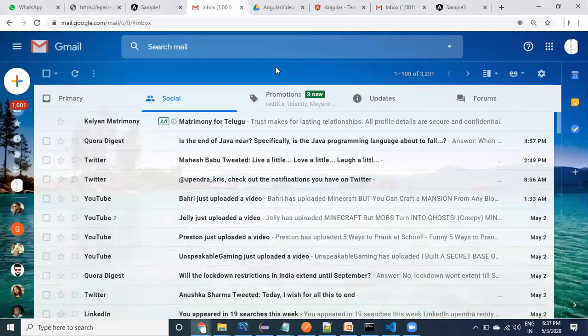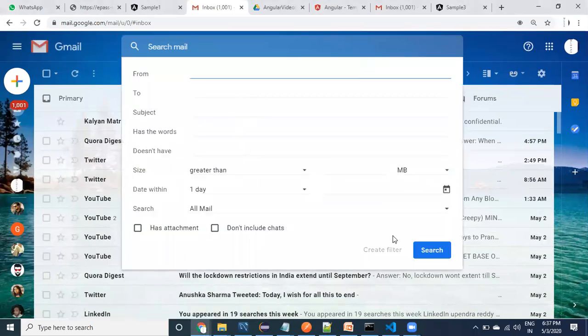As we said before, if we are developing a Gmail application, we can develop this particular search part as one component, because to develop this search part alone we have so many functionalities, and due to those functionalities it contains a lot of code.